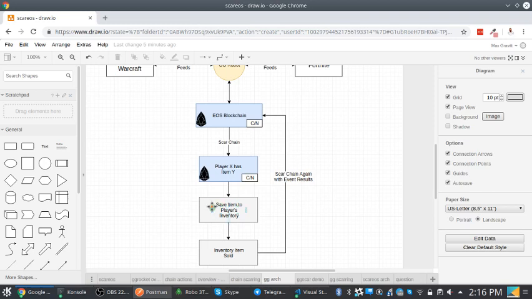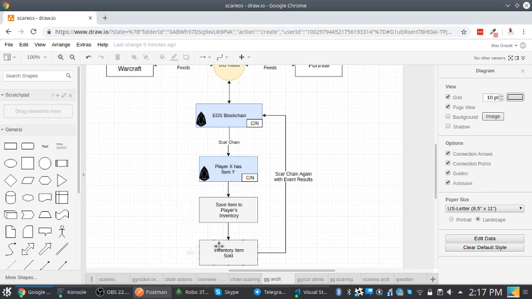We're going to use our dfuse listener to save that item to the player's inventory off chain. But we know that it actually happened at that moment because we have the on-chain validation that their account was the one that signed the transaction. And of course it's immutable because it's going to be on chain.